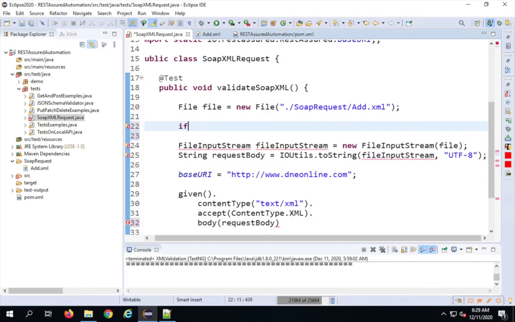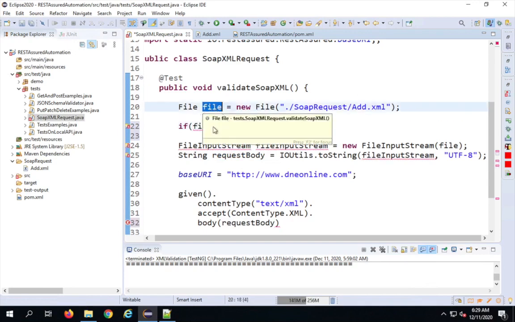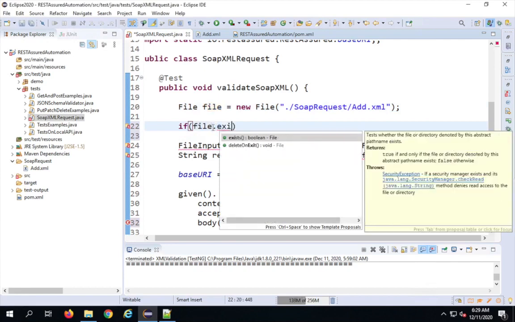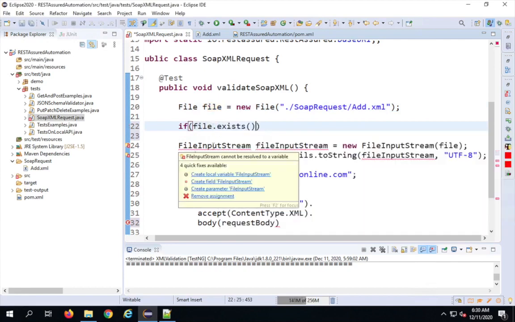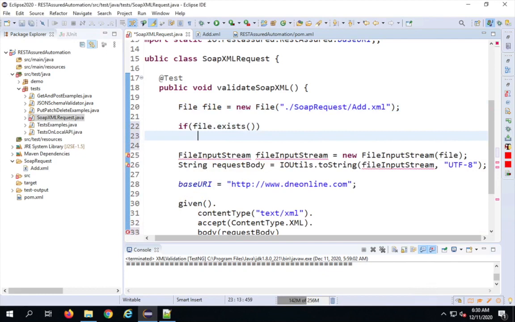I'll say if file, which is this variable, dot exists, then I will just print out